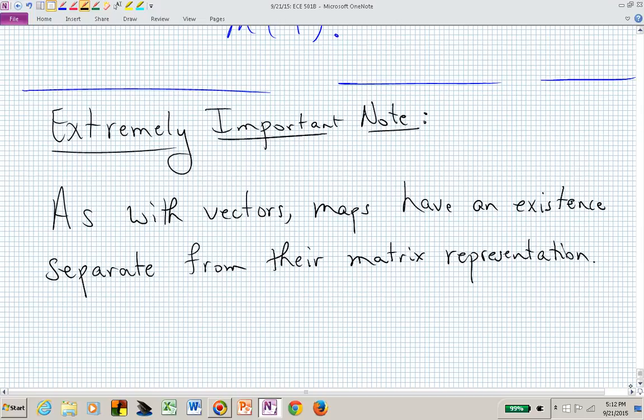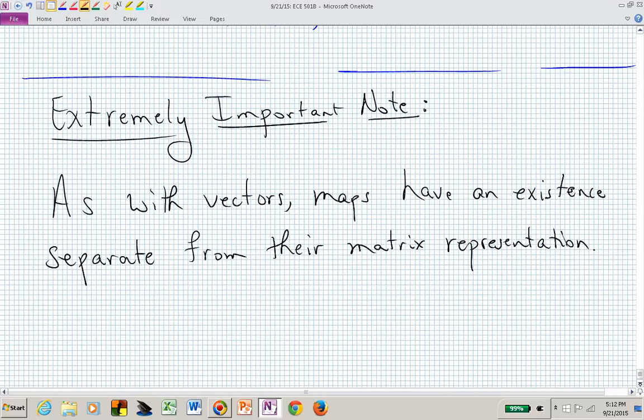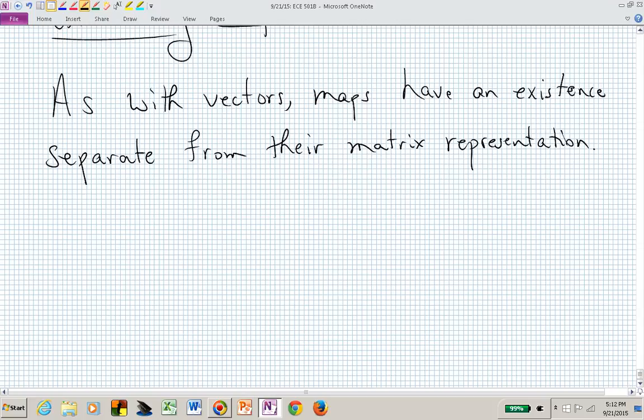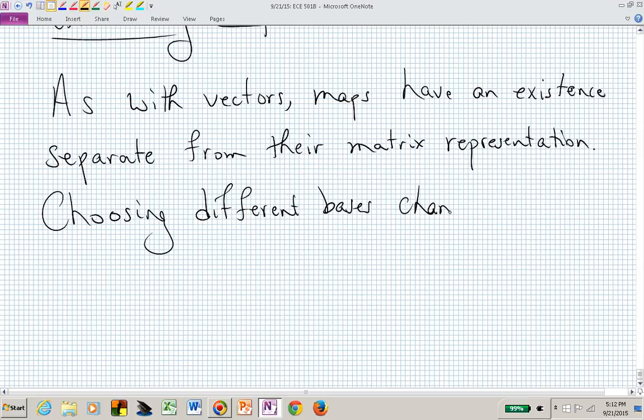And we saw that in the last example. Choosing different bases changes the values